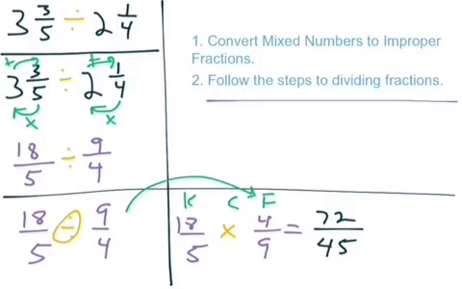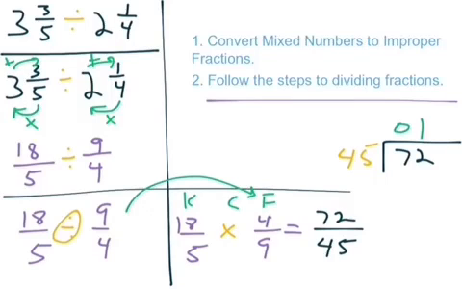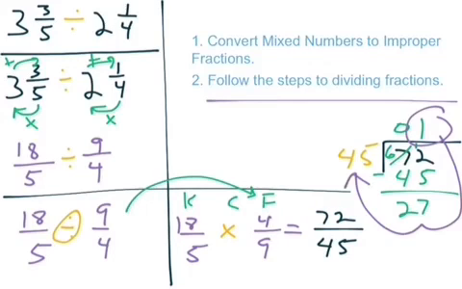So remember, the way we're going to do that is divide the top number, 72. So we're going to take 72 and divide 72 by 45 on the outside. And then we'll see what we get here. 45, of course, does not go into 7, but goes into 72 one time. 45 times 1 is 45. And now we're going to subtract. I need to borrow and make that a 6, and I get 12. 12 minus 5 is 7. 6 minus 4 is 2. So I kind of have my answer. 1 and 27